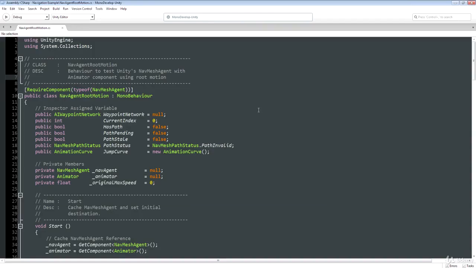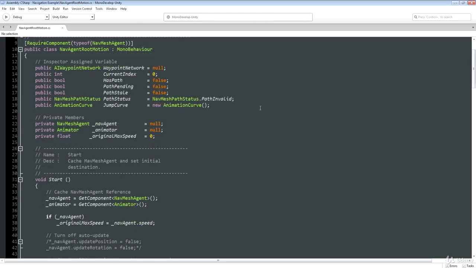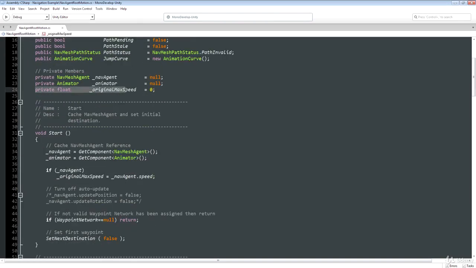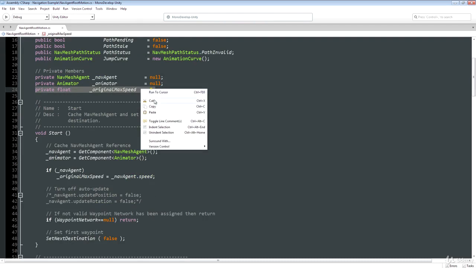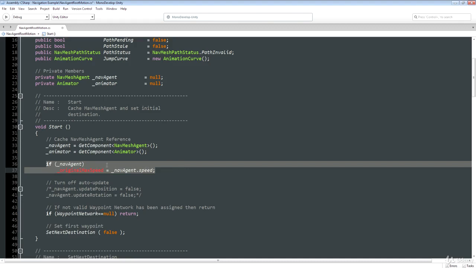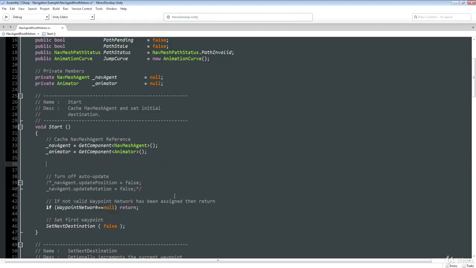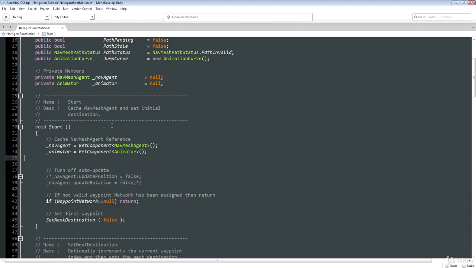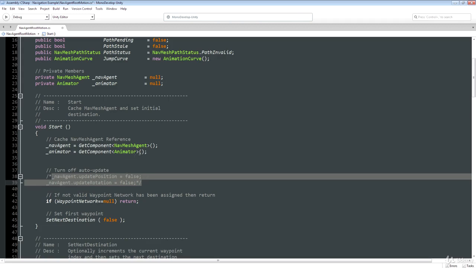So if we go back to our code, there's a few things we're going to need to add and some things we're going to need to get rid of. We no longer need that original max speed that we were using to set the speed of the nav mesh agent. It's not going to be up to the nav mesh agent anymore how fast we go, so I'm going to delete those. And what I do need to do in the start function is remember this code that we have commented out that basically told the nav mesh agent not to update the position and rotation of the game object. Now we still want the nav agent to update the position,